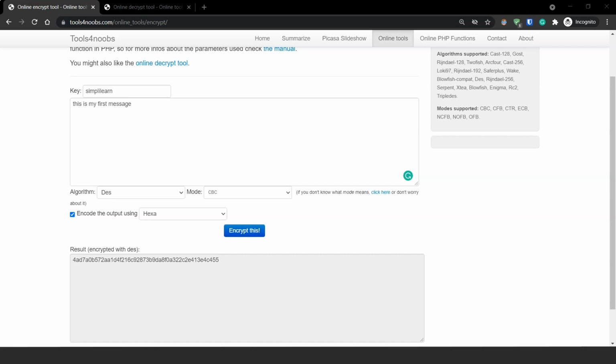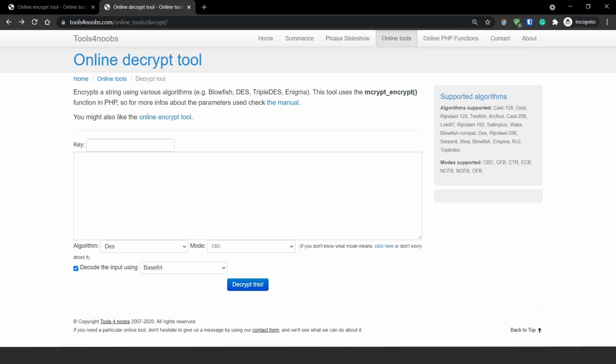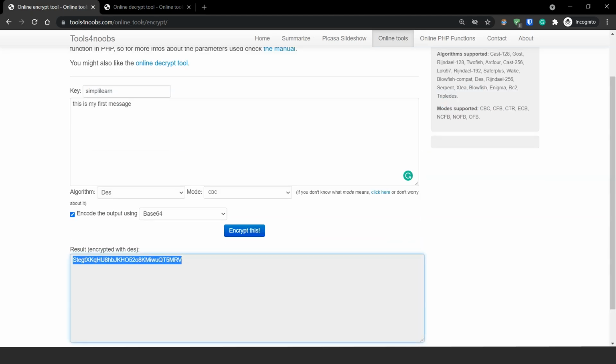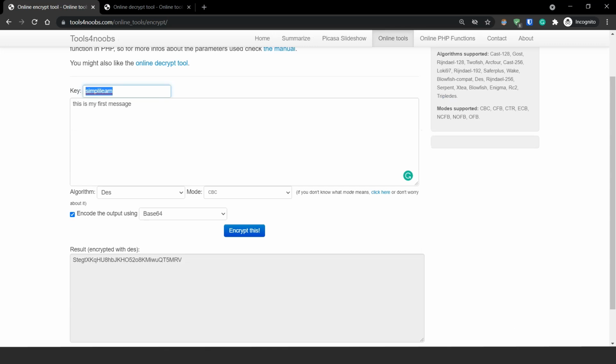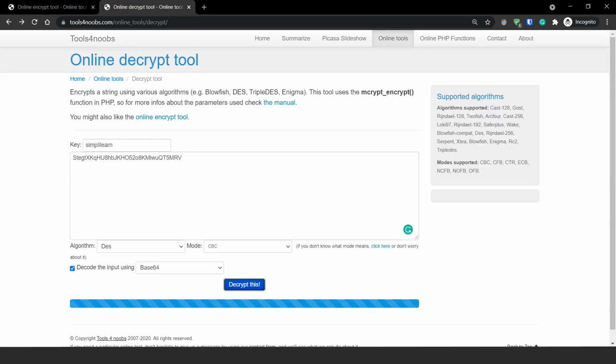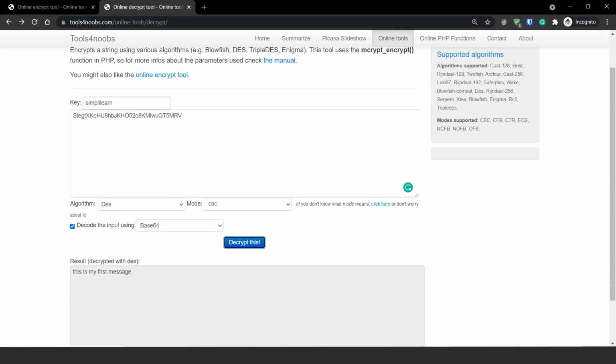Now to decrypt the ciphertext, we go by the same format. We choose base 64. We copy the ciphertext onto a decryption tool, and we have to make sure that the key we are using is exactly the same. We choose a similar mode of operation, and we choose the correct encoding format as well, which is base 64 in this case. As you can see, the decryption is complete and we get the plain text back. Even if you keep everything the same but just change the encoding format, it will not be able to decrypt anything.